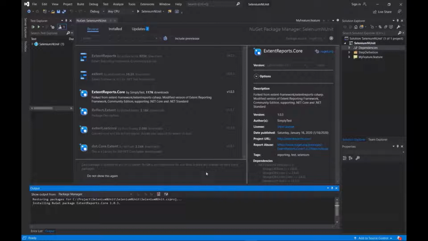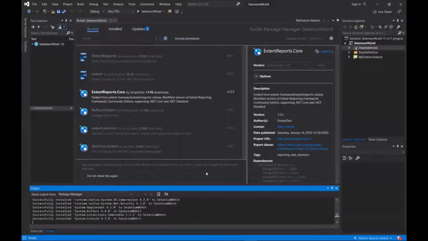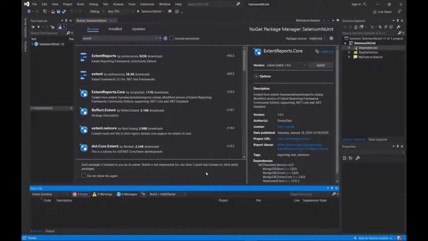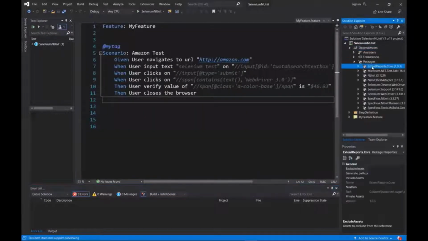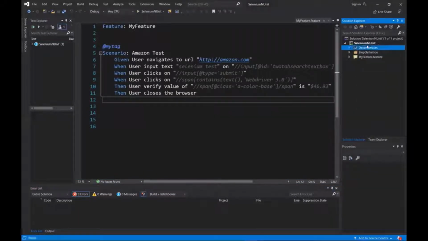Now again the question comes, what is the difference between .NET and .NET Core framework? The answer is that .NET Core is a platform independent framework. If you build your project on .NET Core, then you can run your test on all operating systems. Whereas if you build your project on .NET Framework, then you will be able to run it only on Windows operating systems.